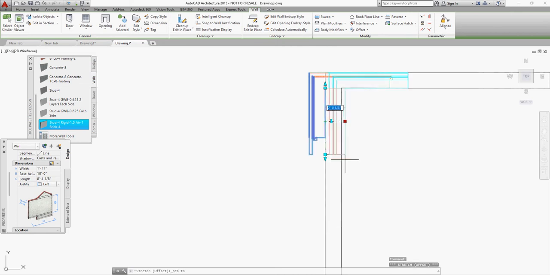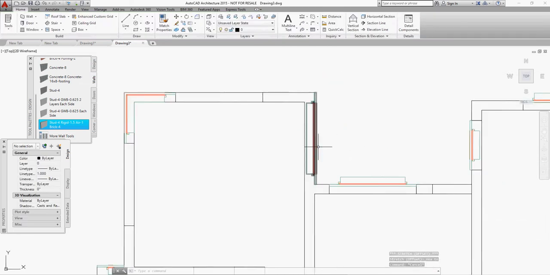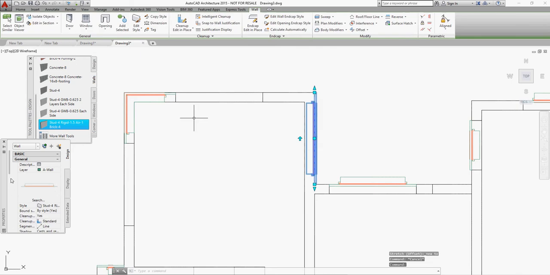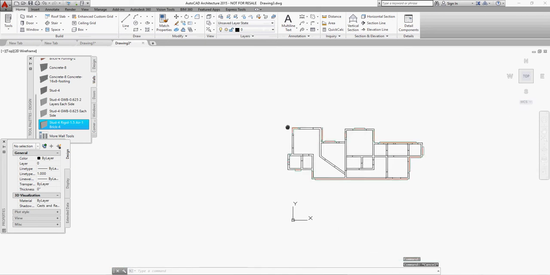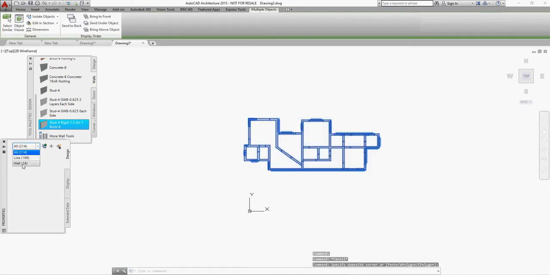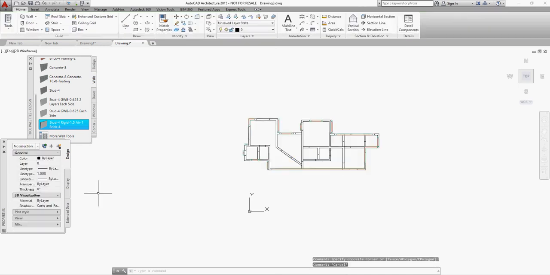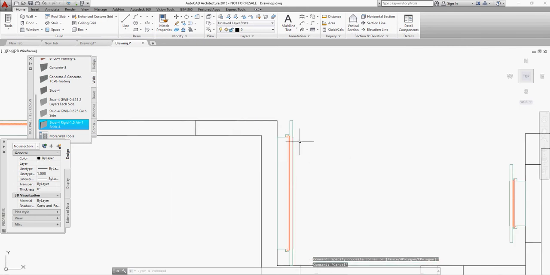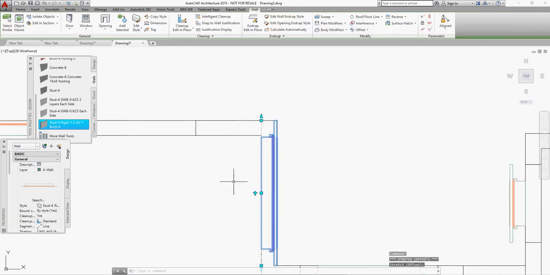I don't select the whole wall. And I'm not selecting any of the interior walls. And I have one more right there, and then I'm going to hit enter. Okay. Then it asks me if I want to erase the line work, and I'm going to right click and